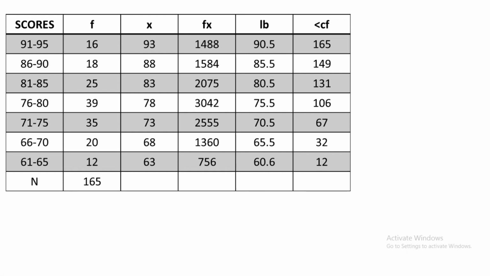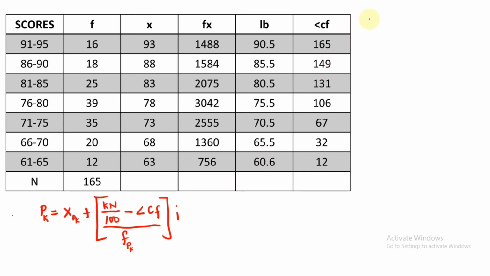Okay. Next, we will find for the percentile. So formula in finding the percentile is, we have P sub K equals the lower boundary of the percentile class plus the quantity of K times N over 100 subtract less than cumulative frequency times I over frequency of the percentile class. So for example, if we have P sub 95, so percentile